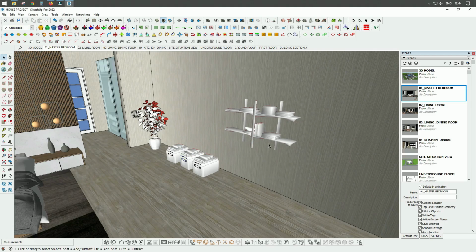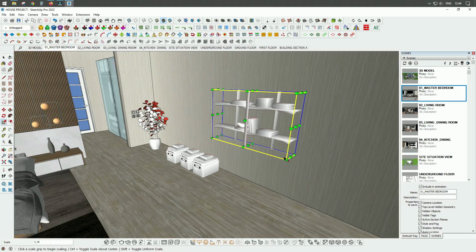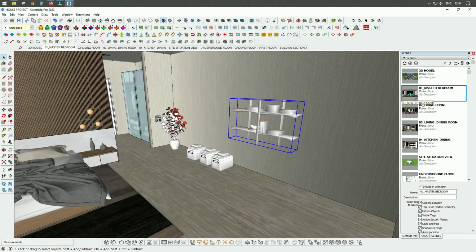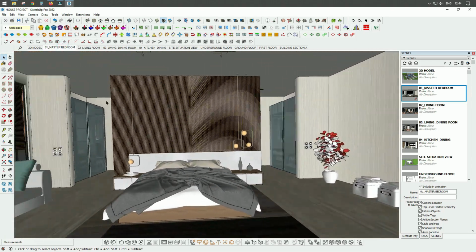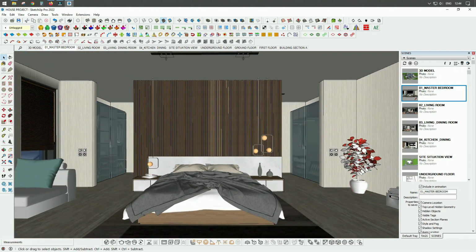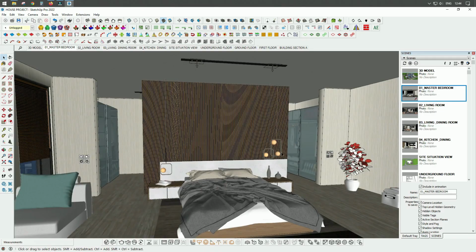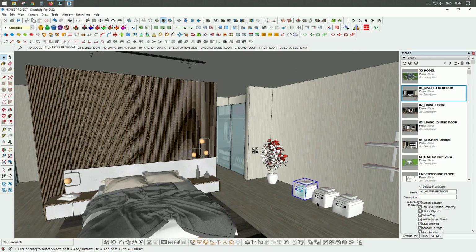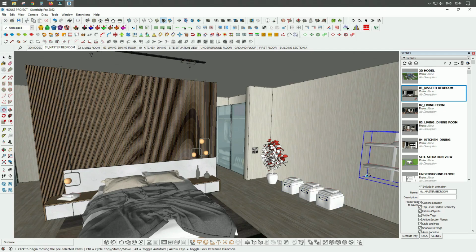Let's say like this. I could adjust the size a little bit, like this, for example. And now I can go to our master bedroom in order to see what I'm going to see after this placement. So I have to move everything a little bit to the corner here. So I will pick these three objects and I will move them like this. I can pick this one and move it again